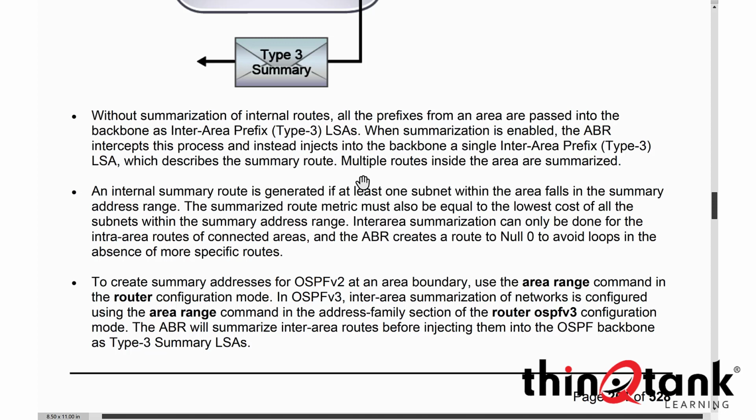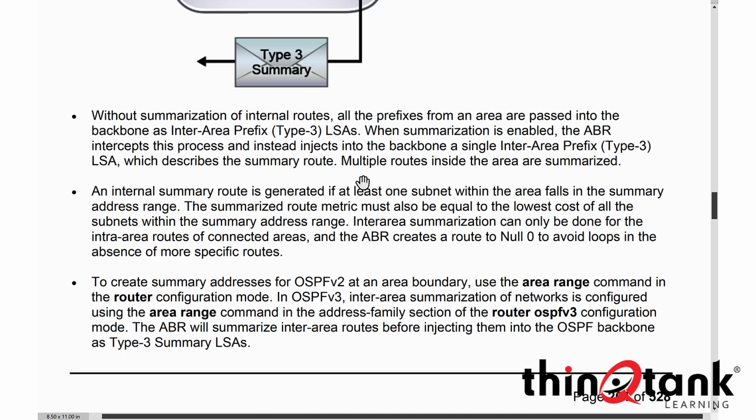That internal summary route, like I said, gets generated as long as we have one network that falls within that summary range. We'll use the lowest cost, and there will be a null zero route that gets created for loop avoidance automatically. All right. To create the summary address, and we'll see this in the discovery as well, on OSPF v2,